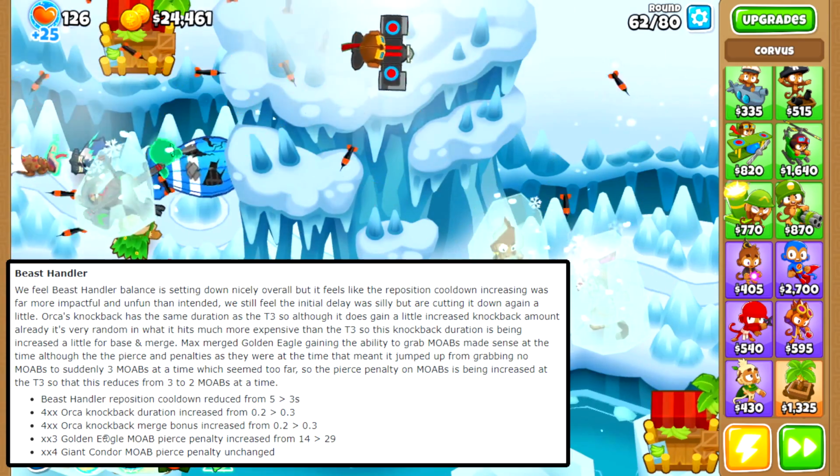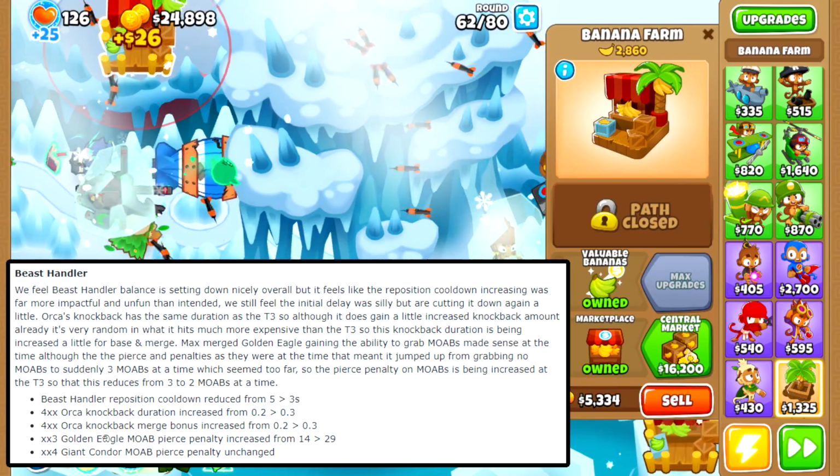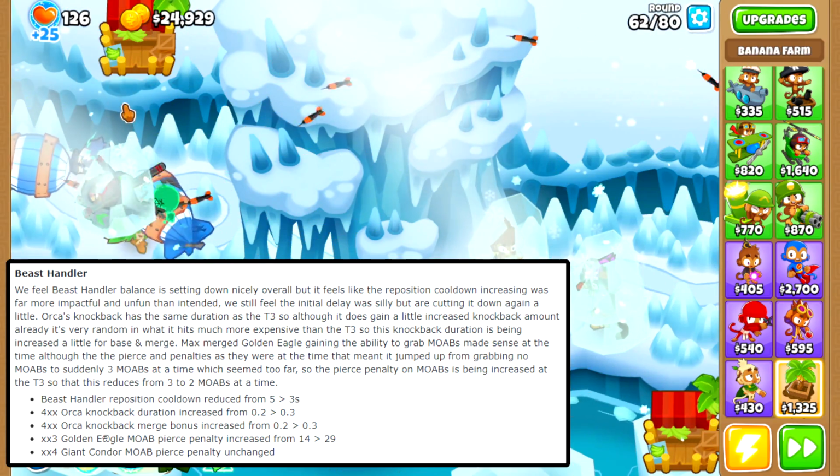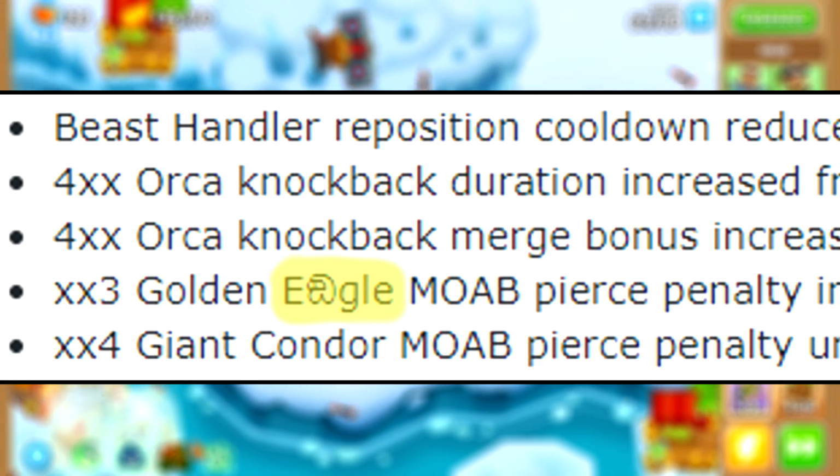The Beast Handler continues to get changes to balance out this unusual tower. The repositioning cooldown has now been lowered, and the Orca was buffed, and the bird got... Wait, is that a...